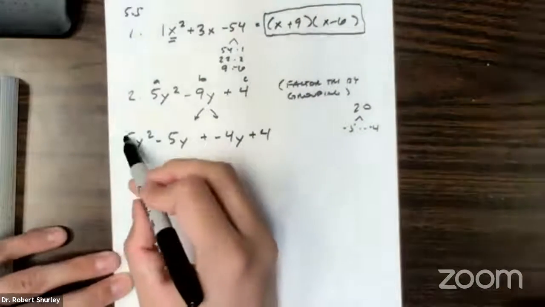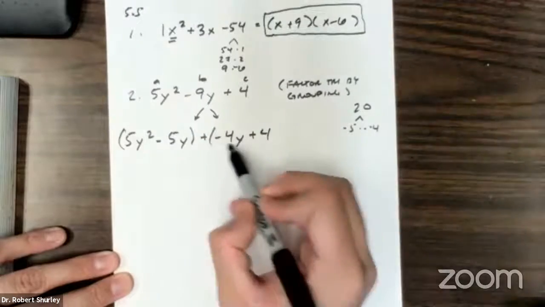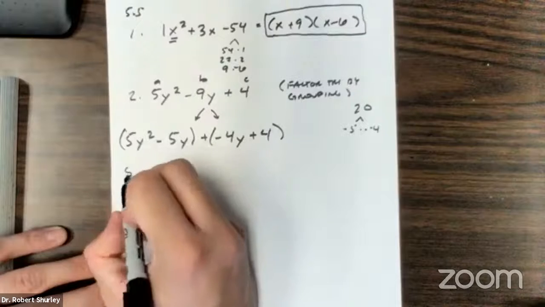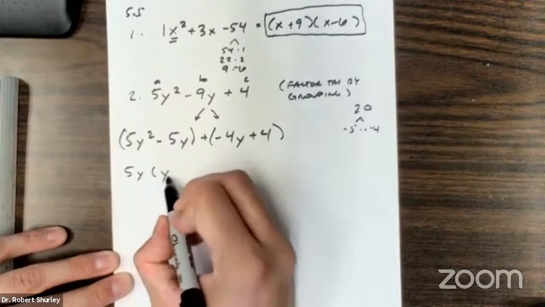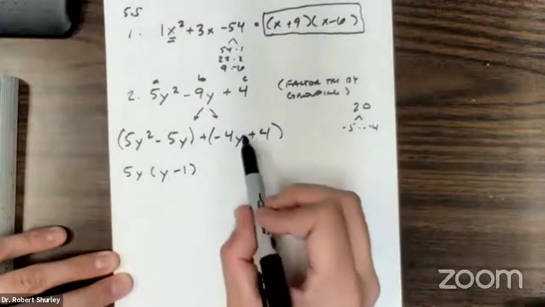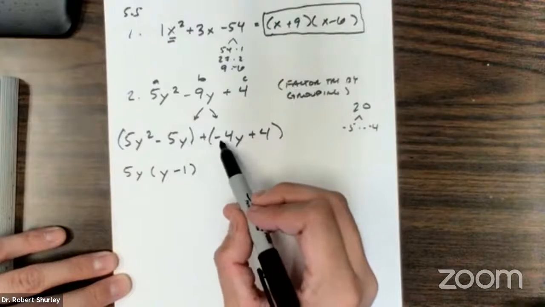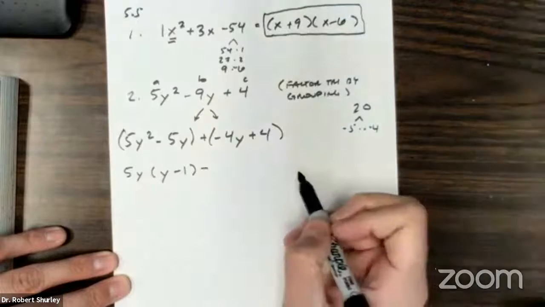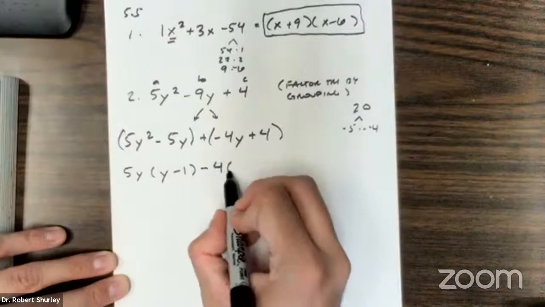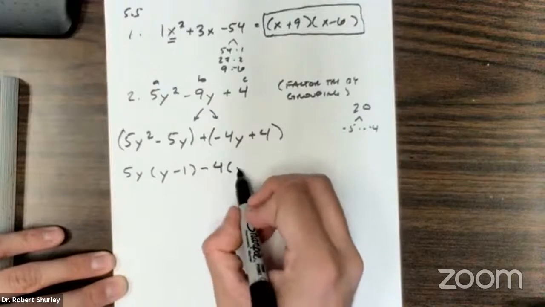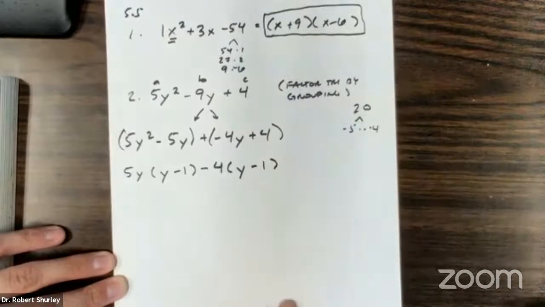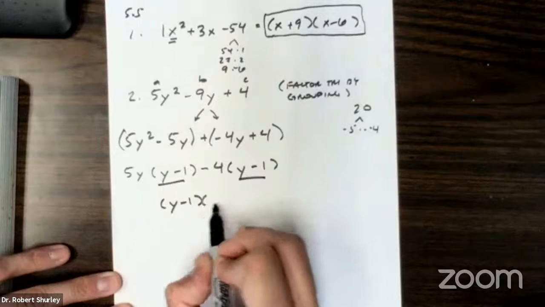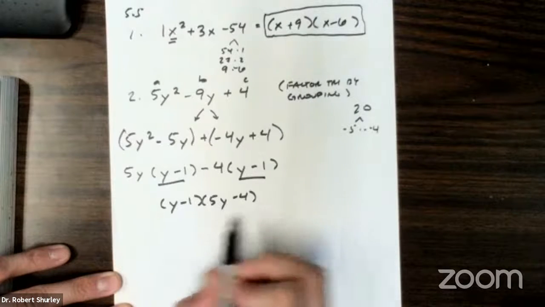Okay. And then we're going to put parentheses. Now we're just going to do this by factoring by grouping, right? 4 terms, factoring by grouping. I can take out a 5y from this and I get y minus 1. Now I need to change the signs here. Look, I've got a negative and then a positive. Here I've got a positive and a negative. So I know I need to take a negative out and I can take a 4 out. And it changes the sign. So this first term becomes positive y. Second term becomes -1. These match. So I have my y minus 1 and 5y